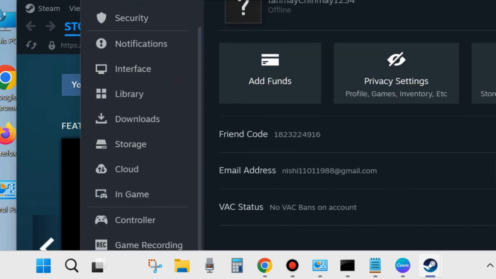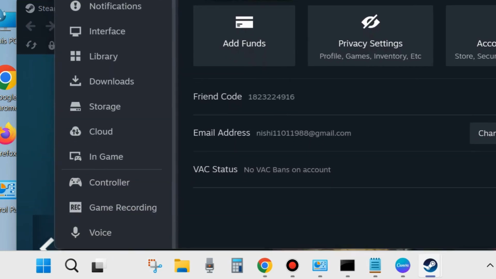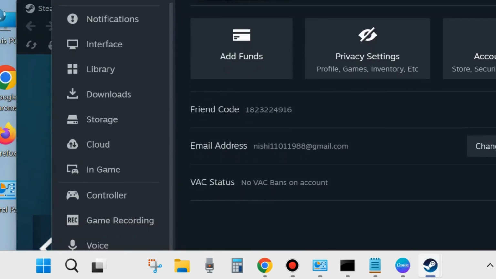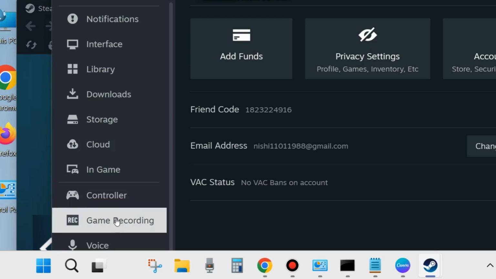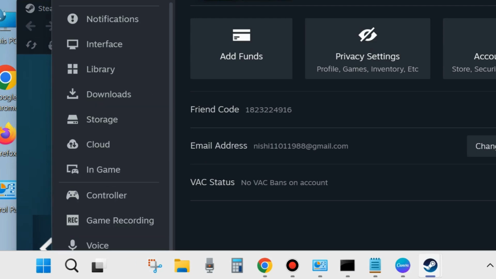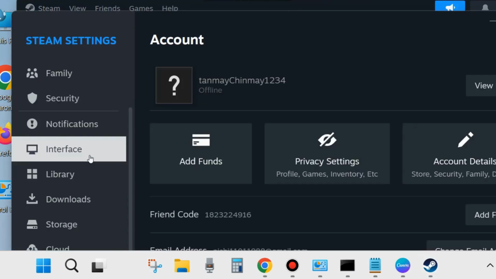Either it will be available on the left sidebar or on the main page. So choose privacy settings. It will be available here, privacy settings. Click on it